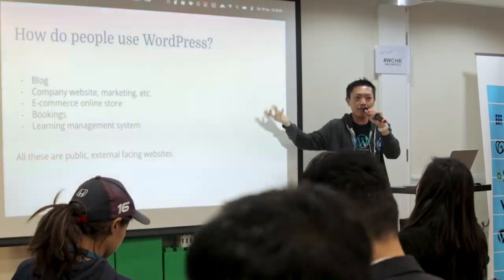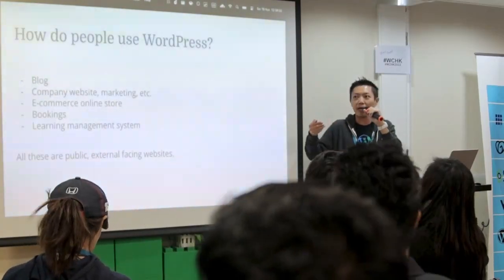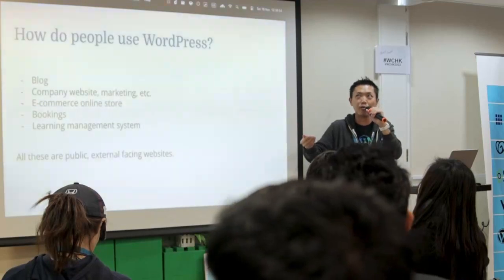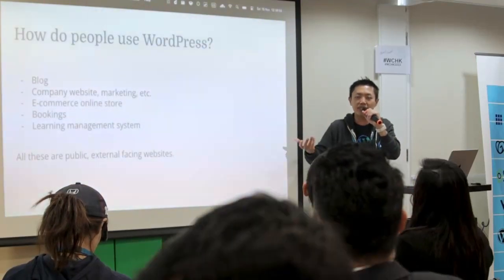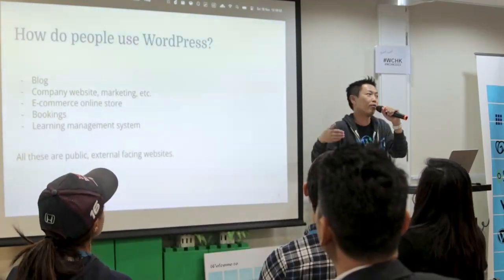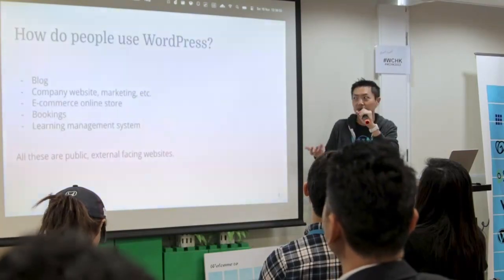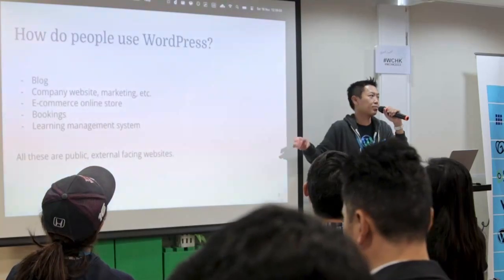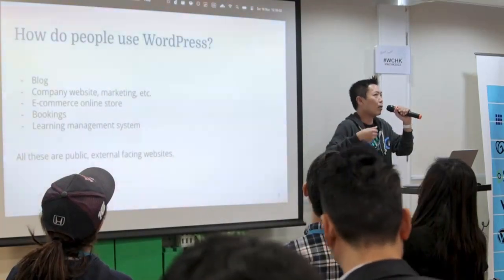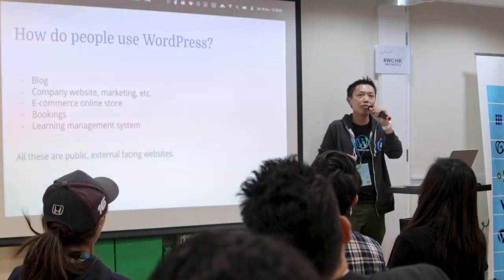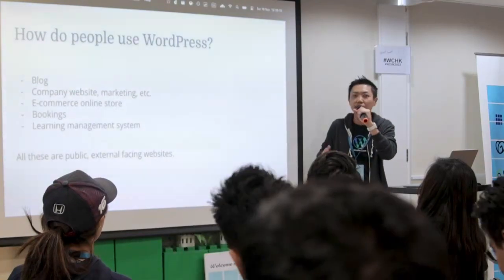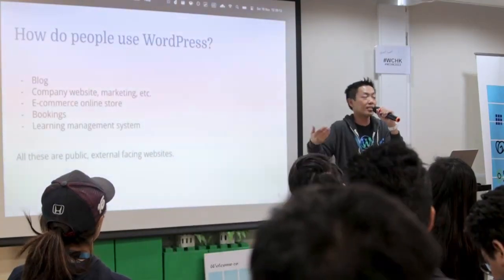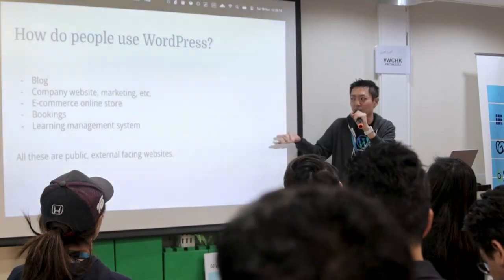Some people use WordPress, put in a plugin like WooCommerce Bookings, then you can use the website and allow people to do booking for your service, like let's say you provide yoga service. And things like you install a plugin and you do a learning management system. You are like a teacher, you teach people, you provide courses online. People access your online courses via your website.